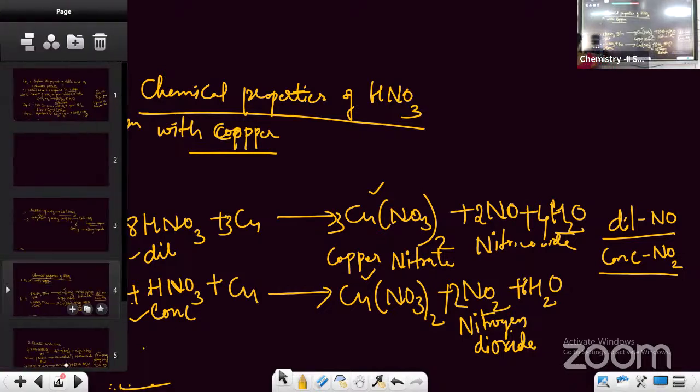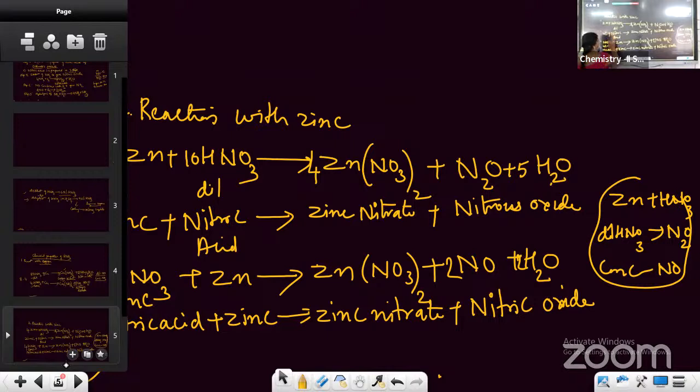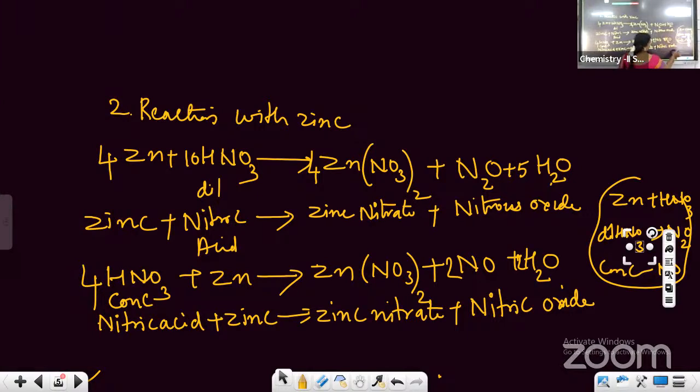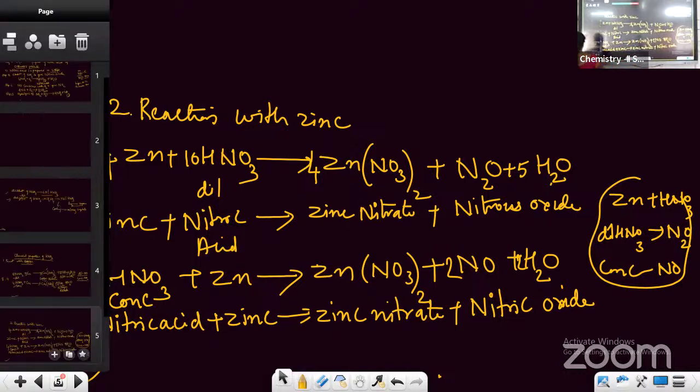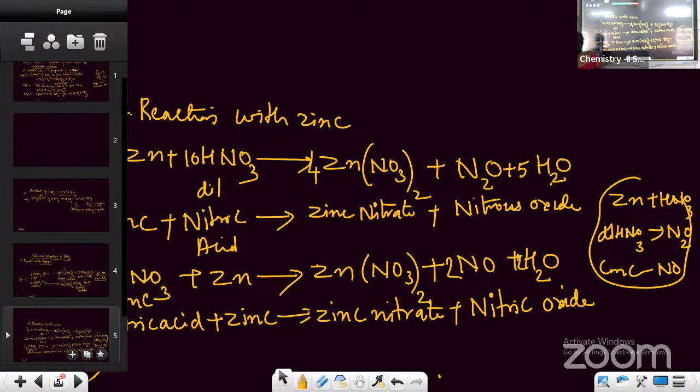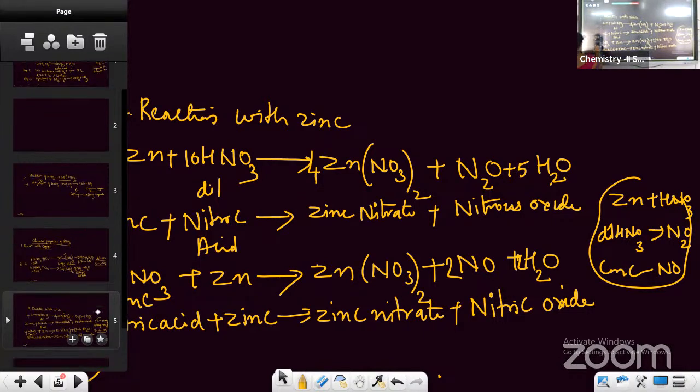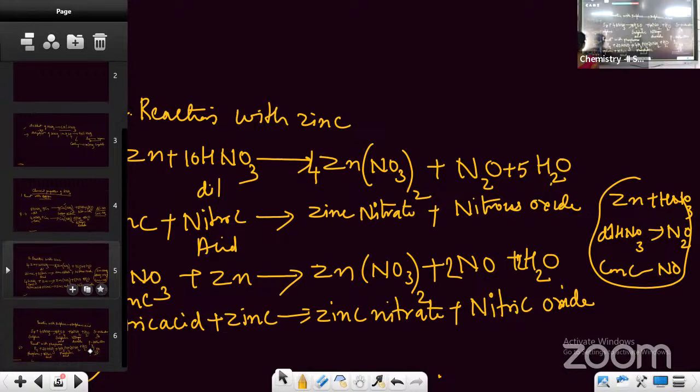The next reaction with the zinc. So here also we are taking two concentrations, dilute nitric acid and concentrated. With the dilute, no doubt we are getting the corresponding nitrate. मतलब copper के साथ copper nitrate बना रहा, zinc के साथ zinc nitrate बना रहा. उसके अलावा dilute के साथ N2O बना रहा, that is nitrous oxide, whereas concentrated के साथ NO बना रहा. And the last one is with the